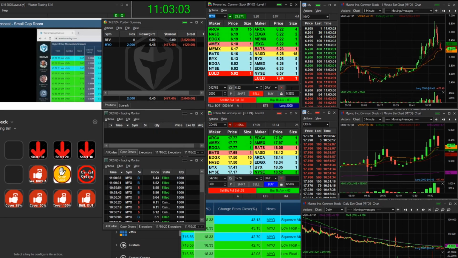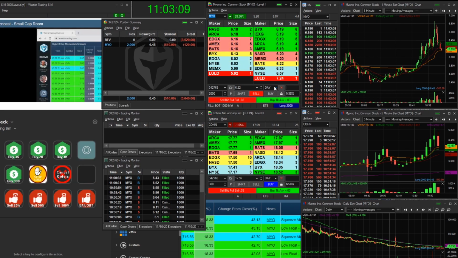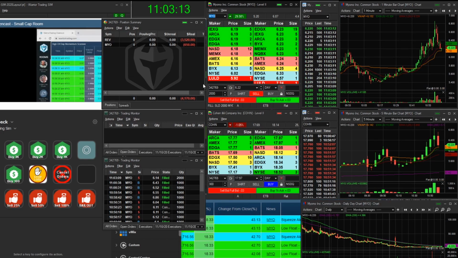So I'm going to stop here and close out this trade. I don't even know what it was, I think it was a buy. So let me just hit that bailout again. You can see it quickly got me out. Of course, I'm losing my shirt today, but this is a good example of how quickly these keys work